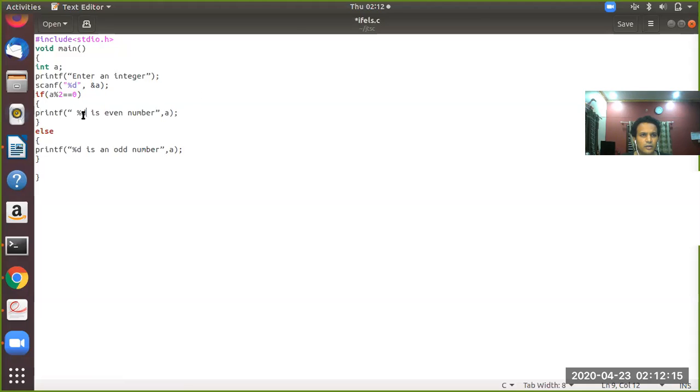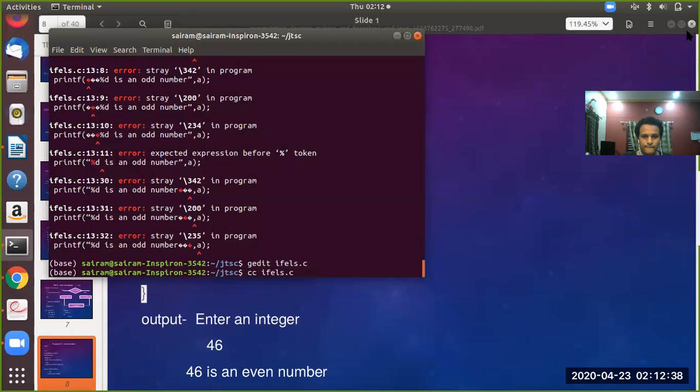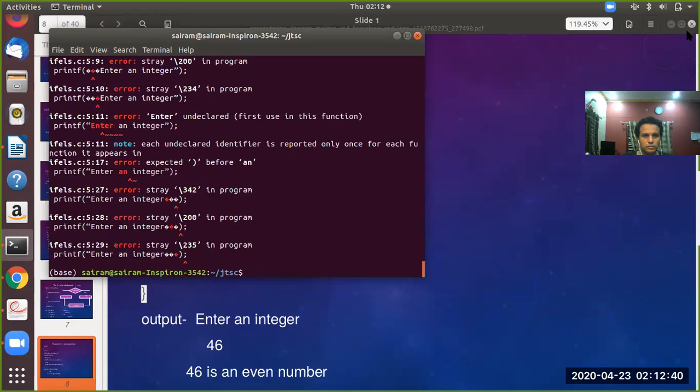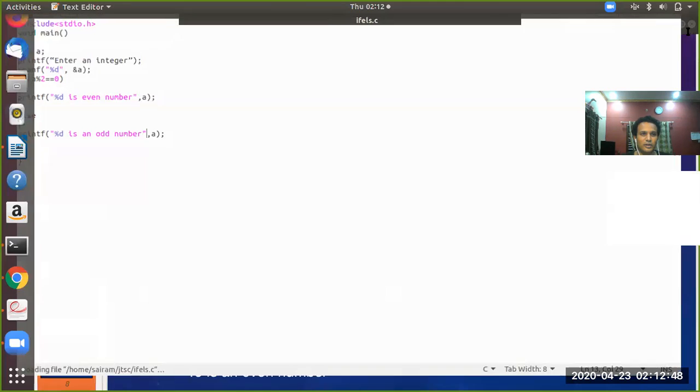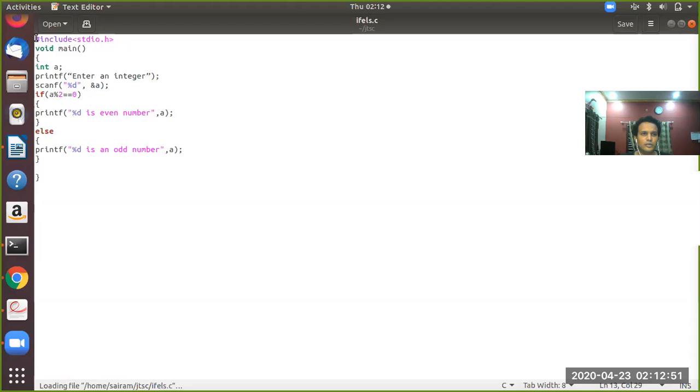This character is wrong. It must be this. The inverted commas are wrong, so I will change this. Here also I think it is necessary to change. Oh, it's showing a lot of errors. I will just change this program completely. I'll retype this entire code.